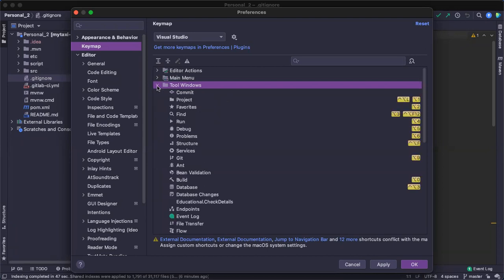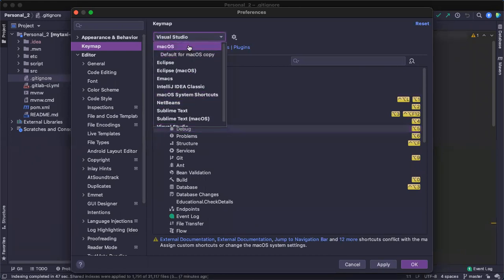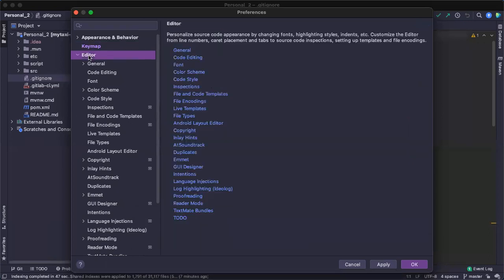By default, the shortcuts will come for this problem, debugging, run. These are the default shortcuts, they will automatically come. But if you want to override, you can override these shortcuts also. That's one of the advantages. And going back to general, this is another advantage. Whenever you are making some changes in the editor, like in a file, you have to restart the STS to reflect. But in here, no need of restarting.